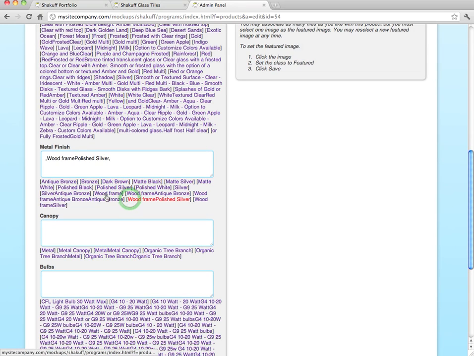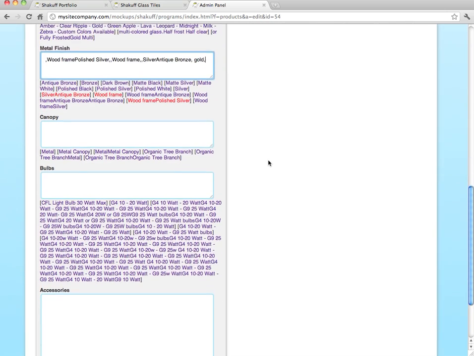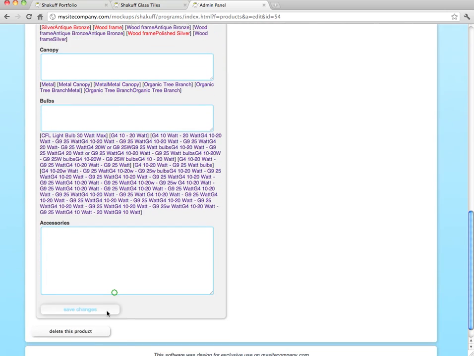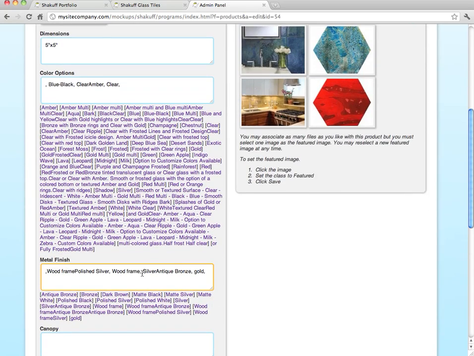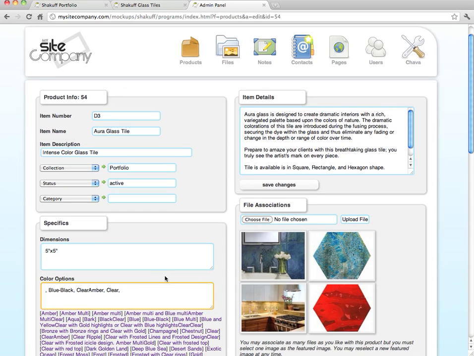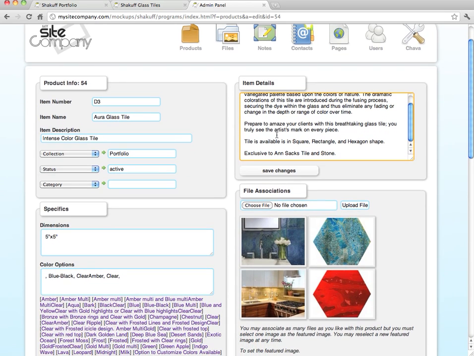You're basically able to insert existing or defined finishes or canopies or bulbs. You can also add ones of your own, if it hadn't existed already. Remember to follow up with a comma. And then when you press save, the system will clear it. So if I go back to editing the product, all those extra commas are gone. And item details is just where you can write as much as you'd like about your product, and that's what